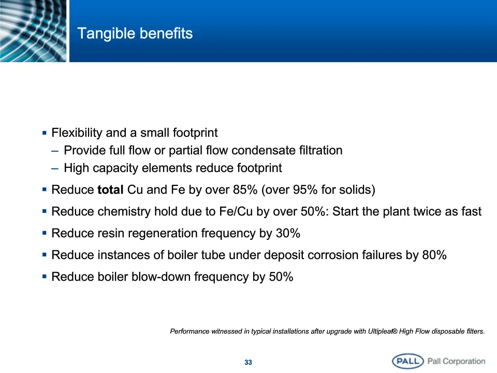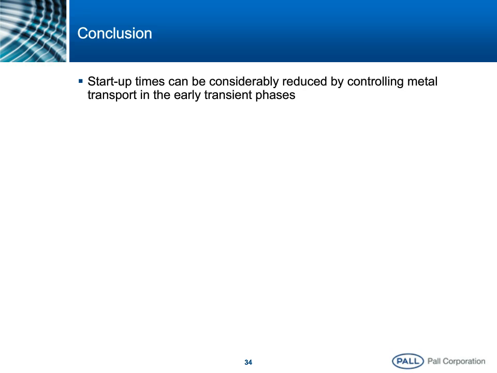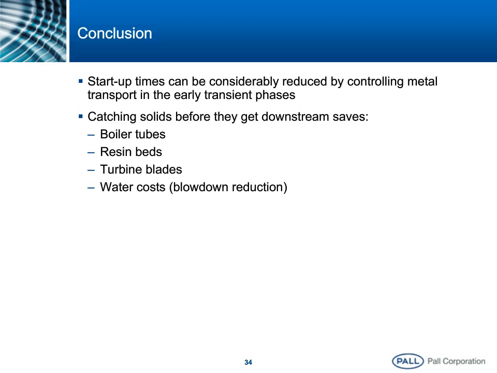So what have we learned from what we just saw? Startup time can be dramatically reduced by using good filters and controlling metal transport in the transient phases. Catching solids before they get downstream will save on boiler tubes, on resin beds. It will protect turbine blades, and it will reduce water costs